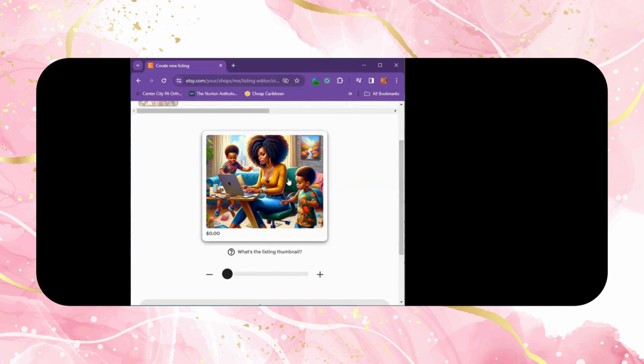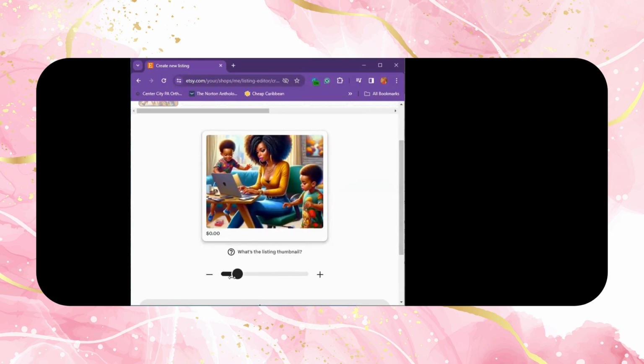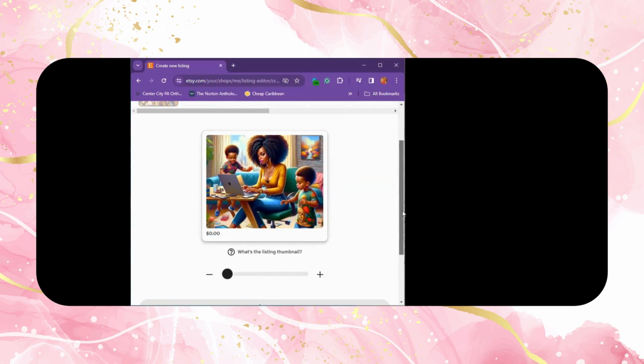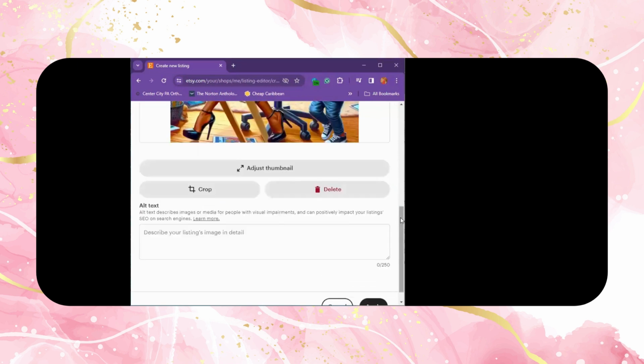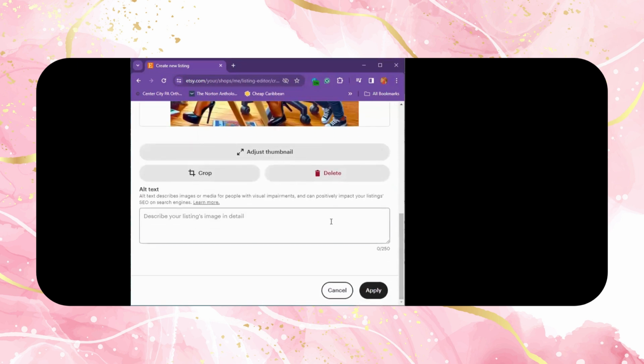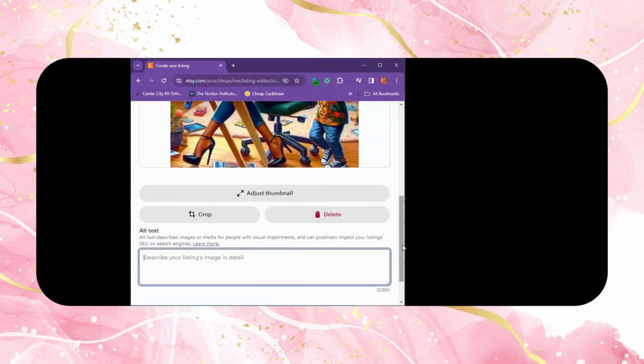So here I just went ahead and adjusted the thumbnail a little bit. Now you can zoom in or zoom out on the image if you so choose. I'm going to click done. You can add an alt text, which helps describe the image for people that are visually impaired. So you would do a brief descriptive sentence on what this picture entails. So for instance, picture or